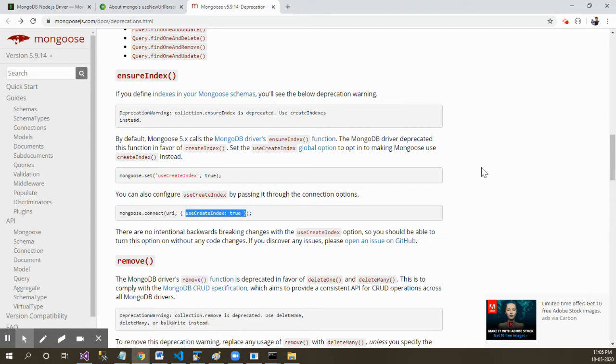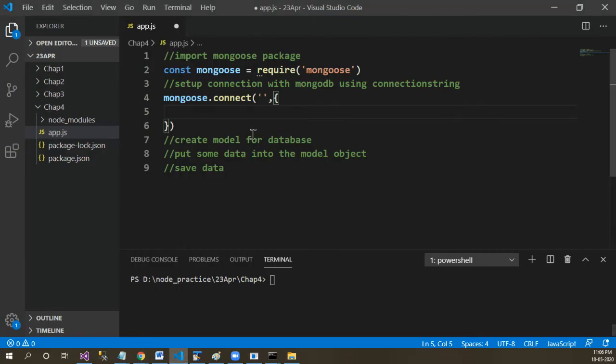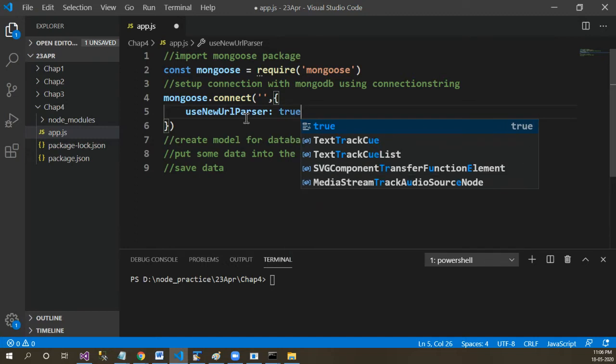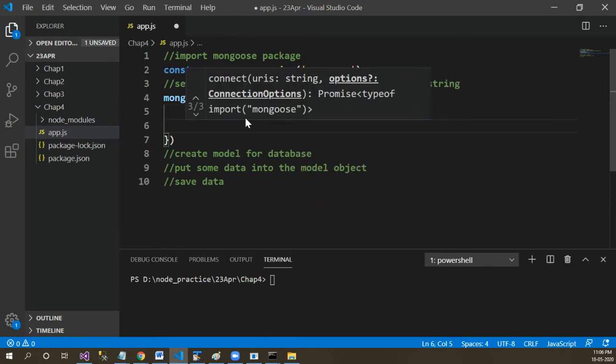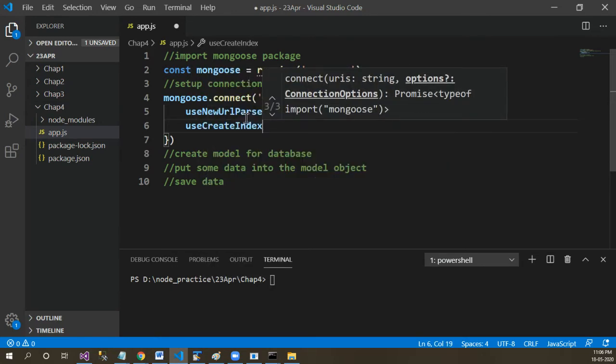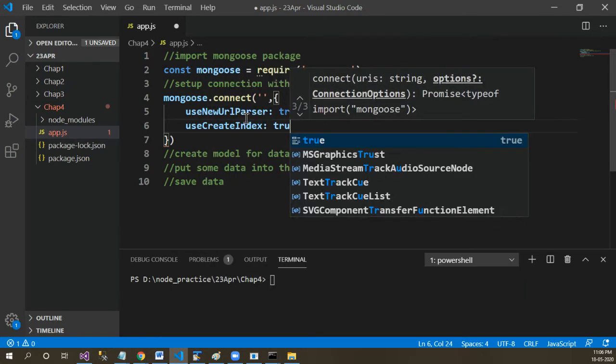So definitely you should be able to read the documentation and then work with the actual application. So here two parameters will be needed. The first one is useNewUrlParser, I'll set its value to true. And the second parameter needed while working with Mongoose is useCreateIndex, and let's set it to true as well.